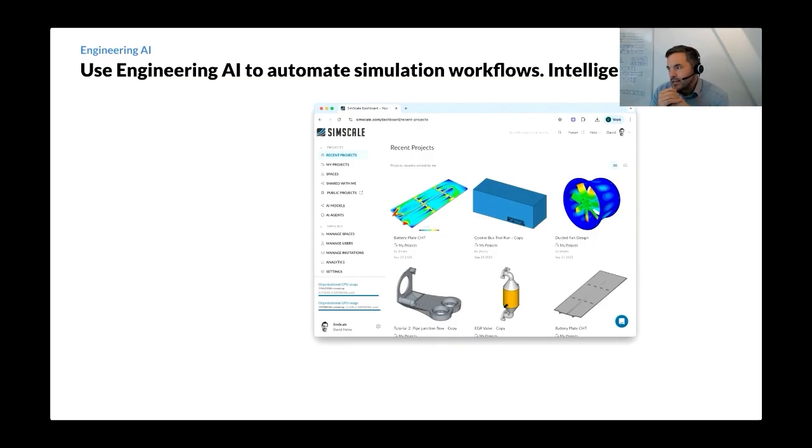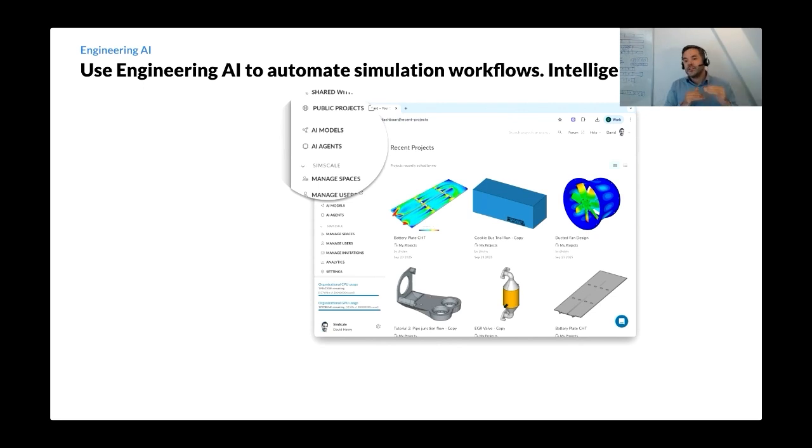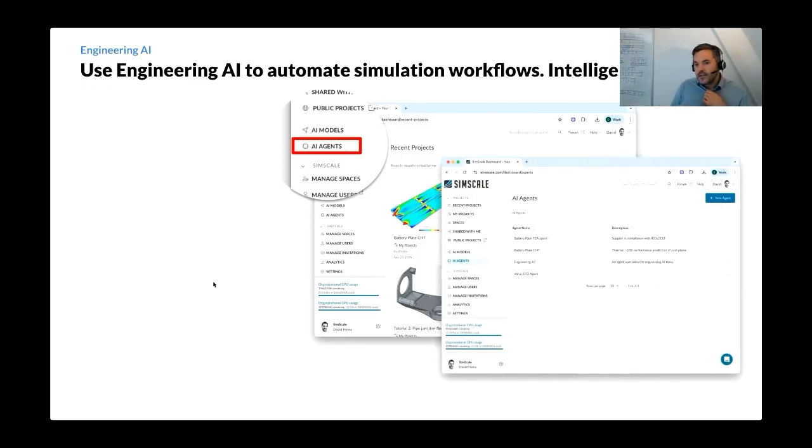What we're looking at here is a screenshot of the SimScale UI. And you can see this is the data management panel, where all of this starts, where you manage projects, your users, data processes, templates, etc. And among others, there's on the left the ability to manage physics AI models, and engineering AI agents for your organizations. Under engineering AI agents, you can define an engineering AI agent and give it instructions and reference data on how certain simulation workflows shall be run.